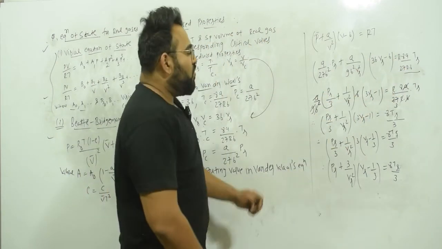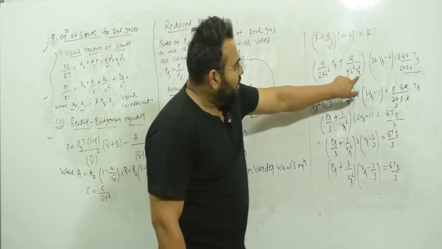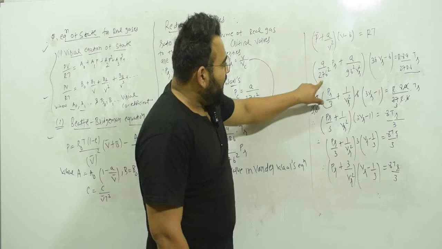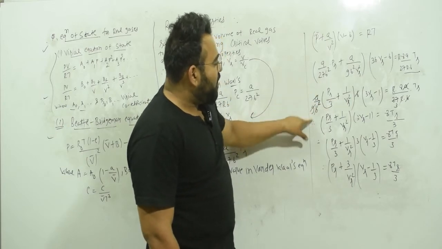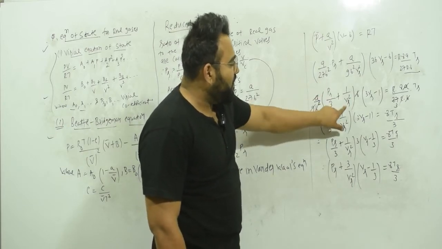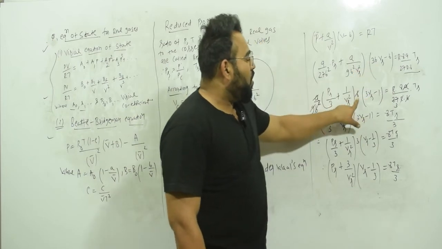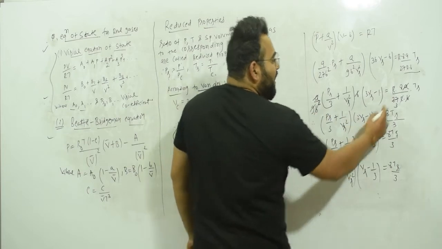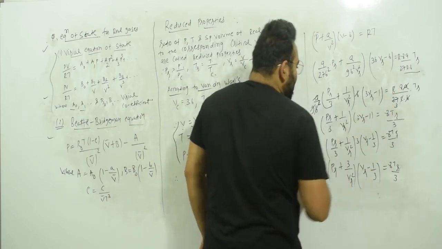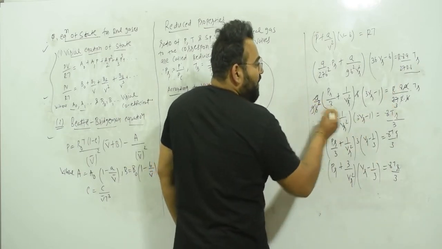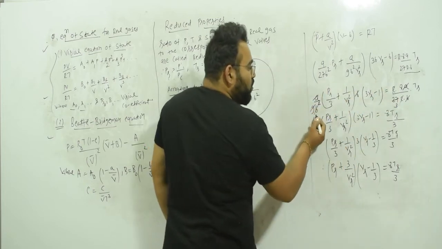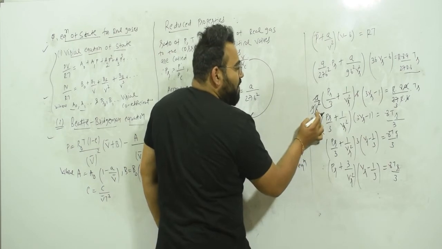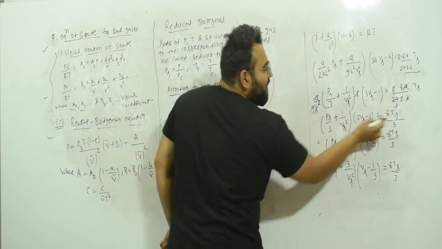Now what you have to do is simplify. What I have done is, in these two terms, I have taken a upon 9b square common. So here Pr upon 3 plus 1 upon Vr square. In these two, I have taken b common, so it will be 3Vr minus 1. And I have put all these other things as it is. Now what is happening? a cancels, b square and b: 1b will be remaining, and this b will cancel, and this remaining b will cancel with this b.